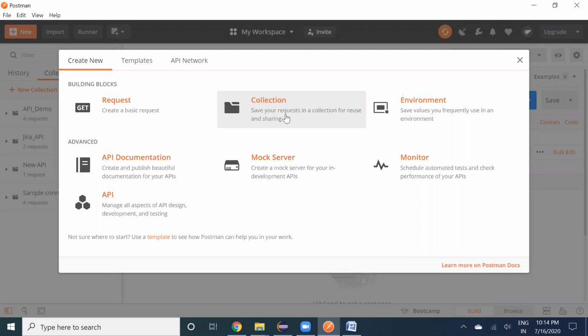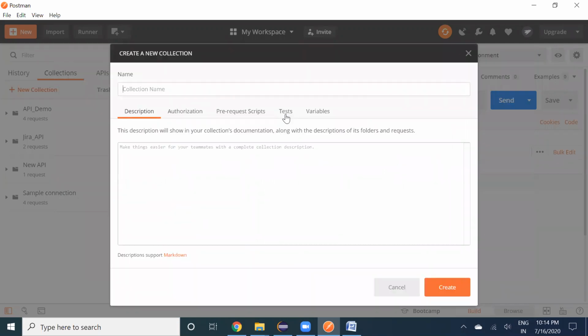You click it. Give a collection name now, just some name, a demo, something.